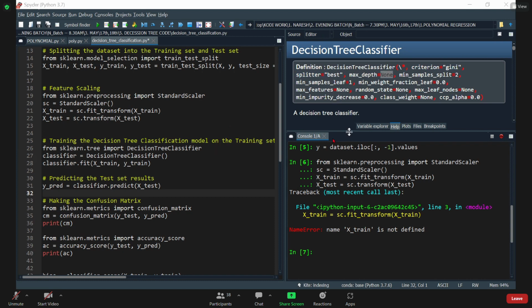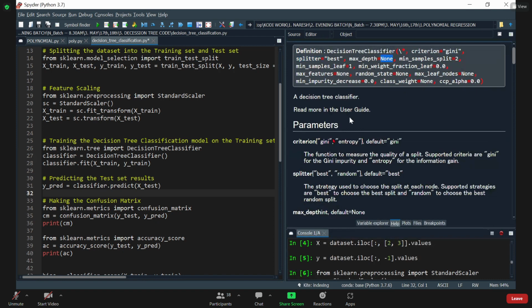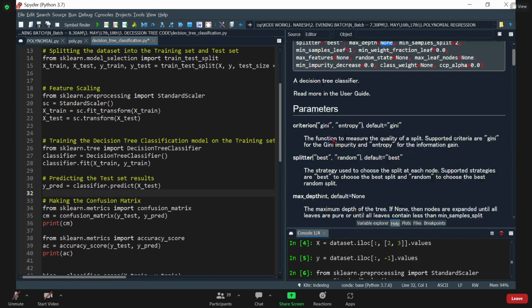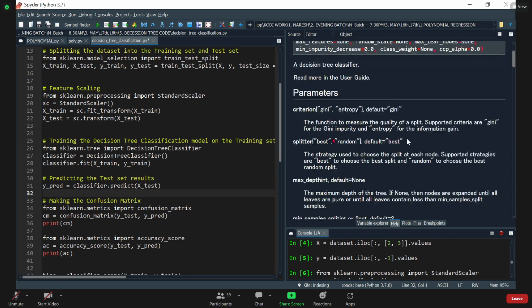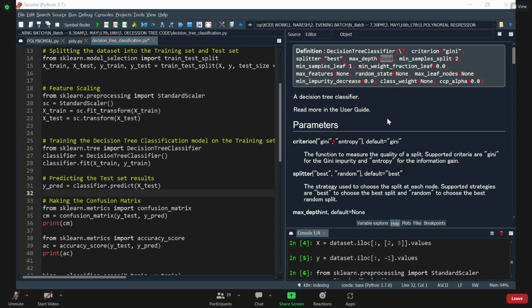Okay. And once you scroll down, DecisionTreeClassifier. What is criteria we discussed, guys? Gini and entropy. By default it is Gini. It is the function to measure the quality of a split, isn't it? We discussed this one. By default it is Gini and random. You can hyperparameter tune the splitter, best and random. If you want to change from best to random, then random state becomes relevant here in the decision tree. You can try, because random state is better. You can pass 0 as